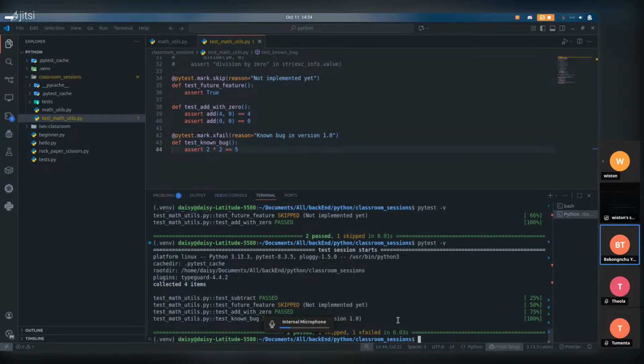All right. Yes. So you see, we just use that. I said 2 times 2 equals 5, which we know very well is not 5, right? But we'll run it like that. It doesn't tell us that it's a failure or a pass. It just skips it, or accepts that okay, you know that that's a failure, so no problem. But now, let's say you change 5 to 4,